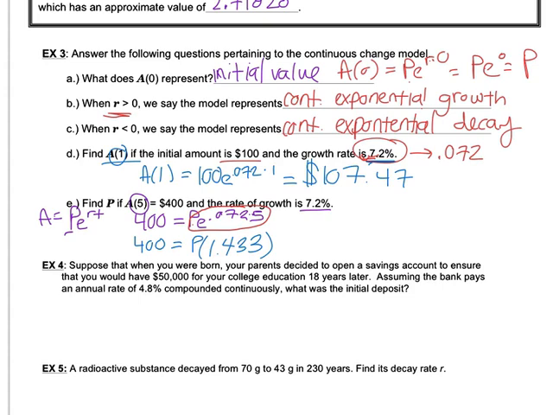Okay, e raised to the 0.072 times 5. Oops. Okay, so when you actually type it in, it's 1.433329415. So I've written this just out of laziness, but when you actually divide both sides by this, use the